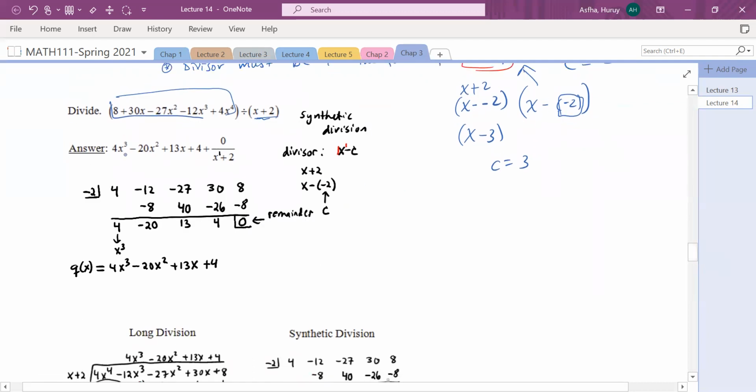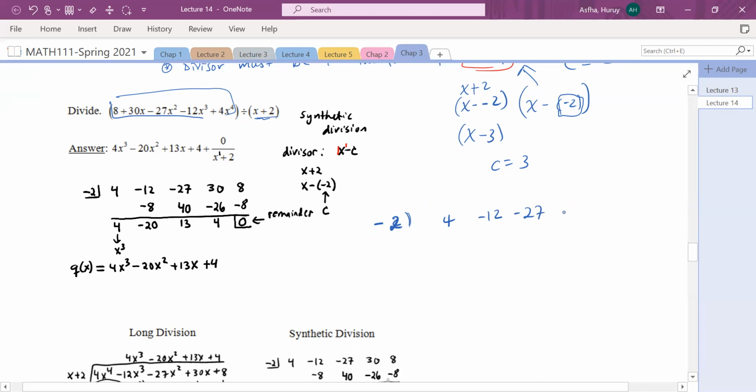Now, we want to divide this polynomial by x plus 2, and of course the divisor is in the form of x minus c. Now, what we do is take c, and write the coefficients of this polynomial from the highest to the lowest. In our case, c is -2. And the coefficients starting with the highest degree are 4, -12,